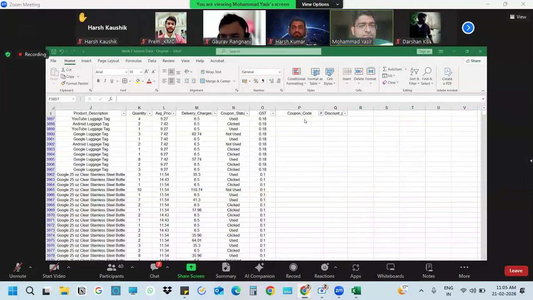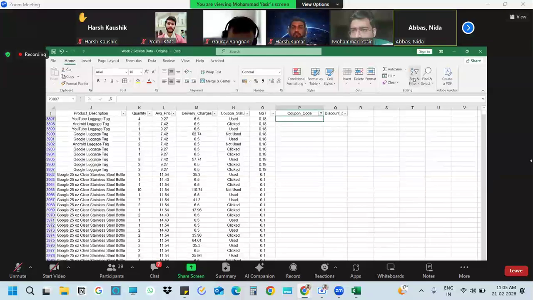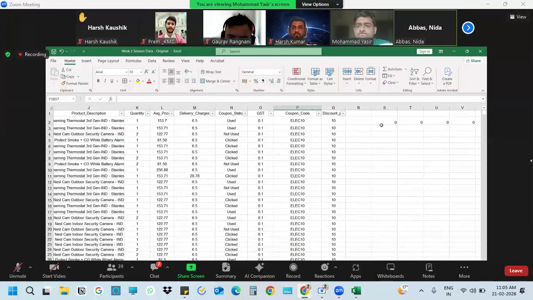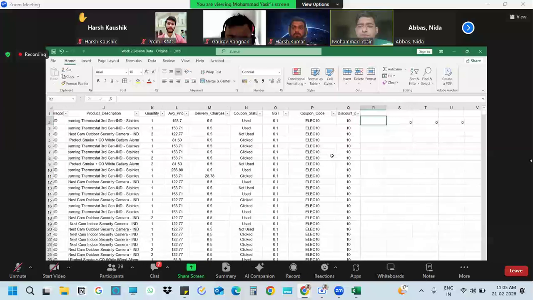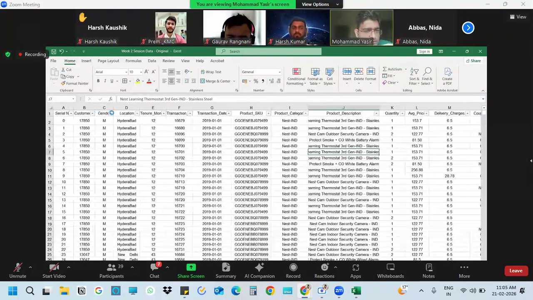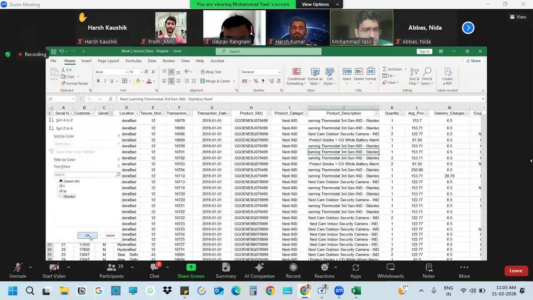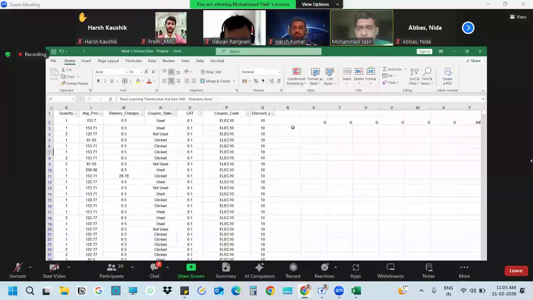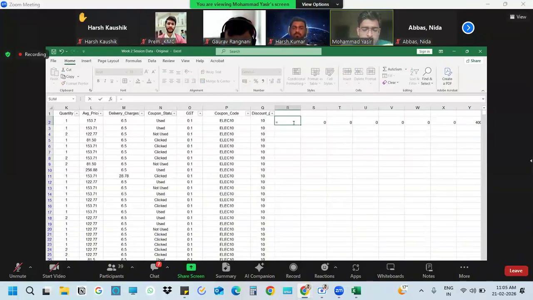Yes, Harsh, you had a question? Yeah, Sai. How are we putting this formula for count blank? So we have put equal to count blank, and then we have put the column number, and how are we selecting the entire range of the column? Yeah, so what you can do is, let me show you using product category. Right now I will unselect this count blank.